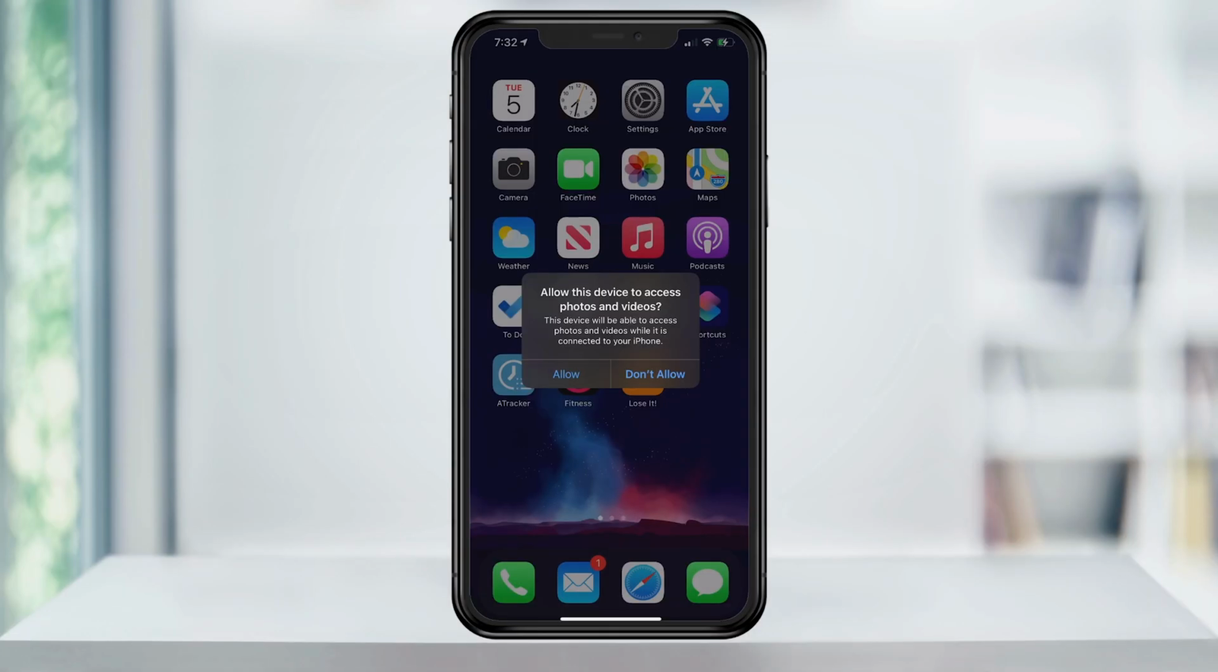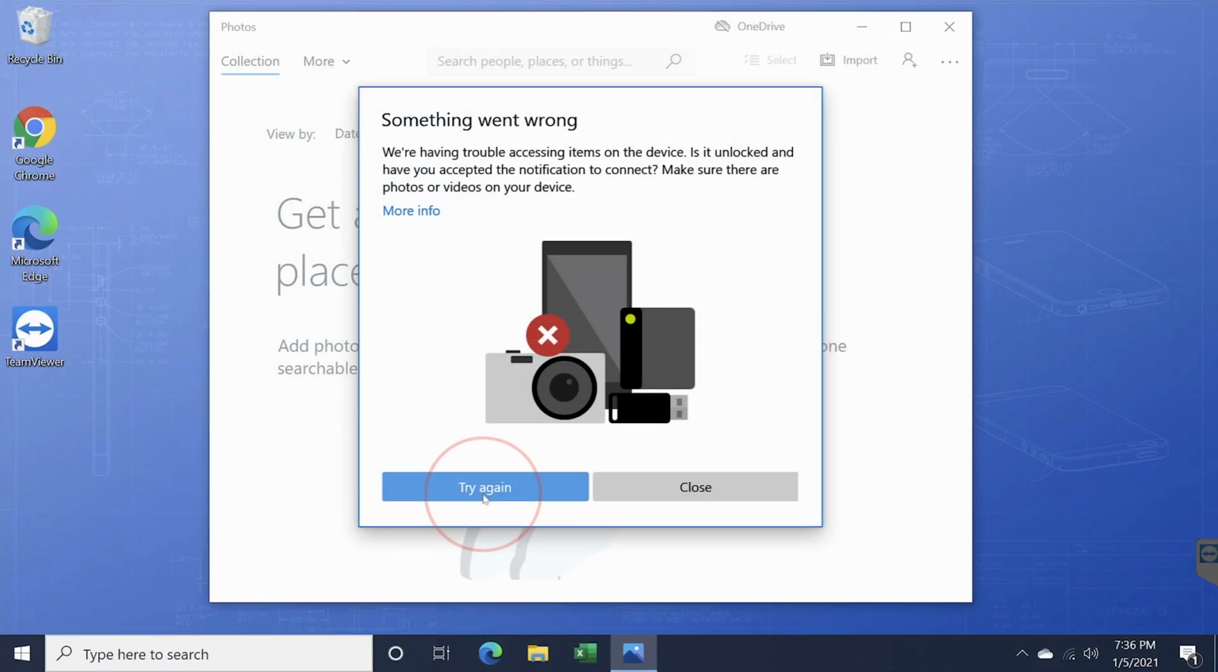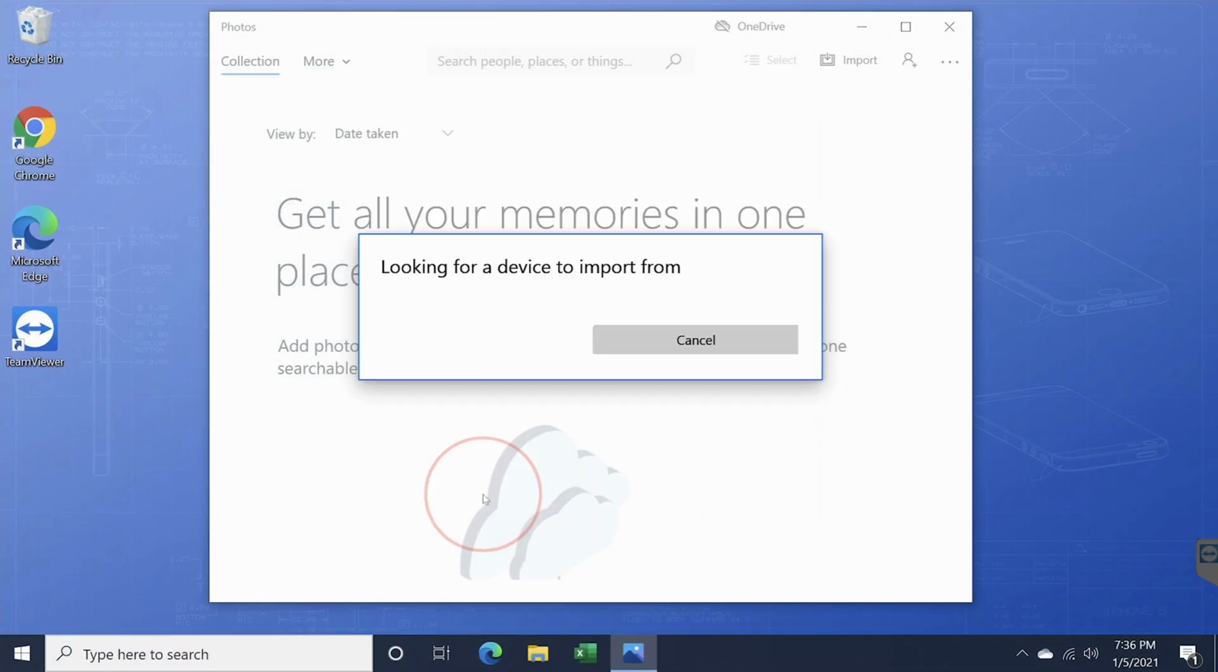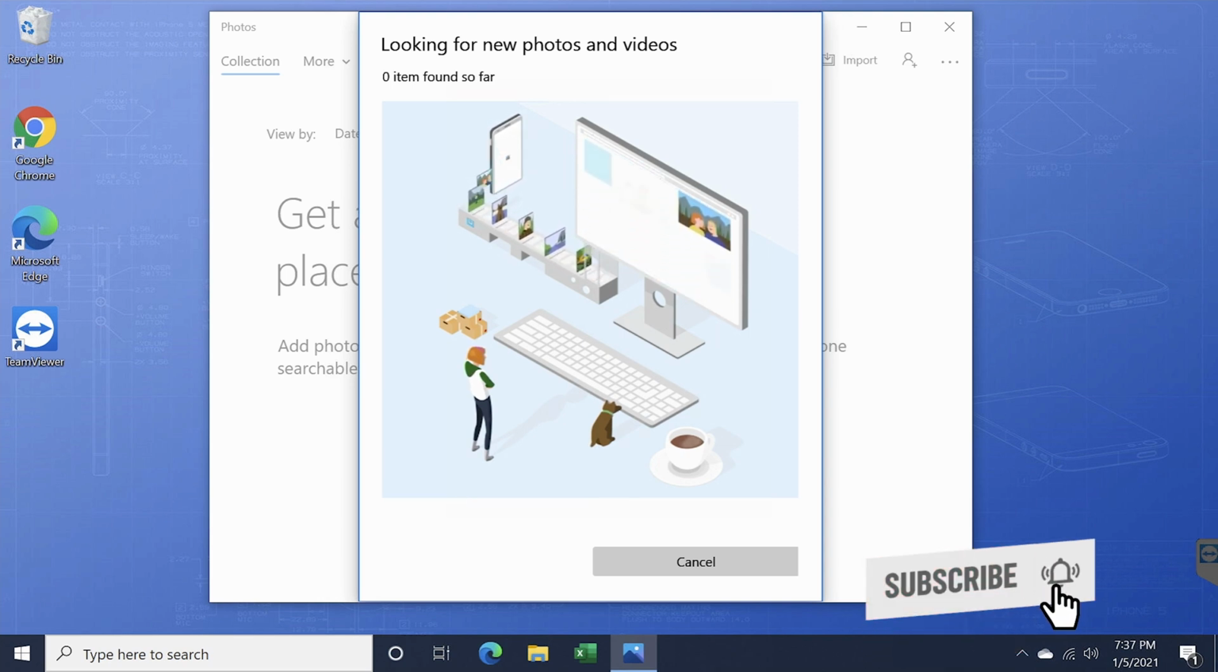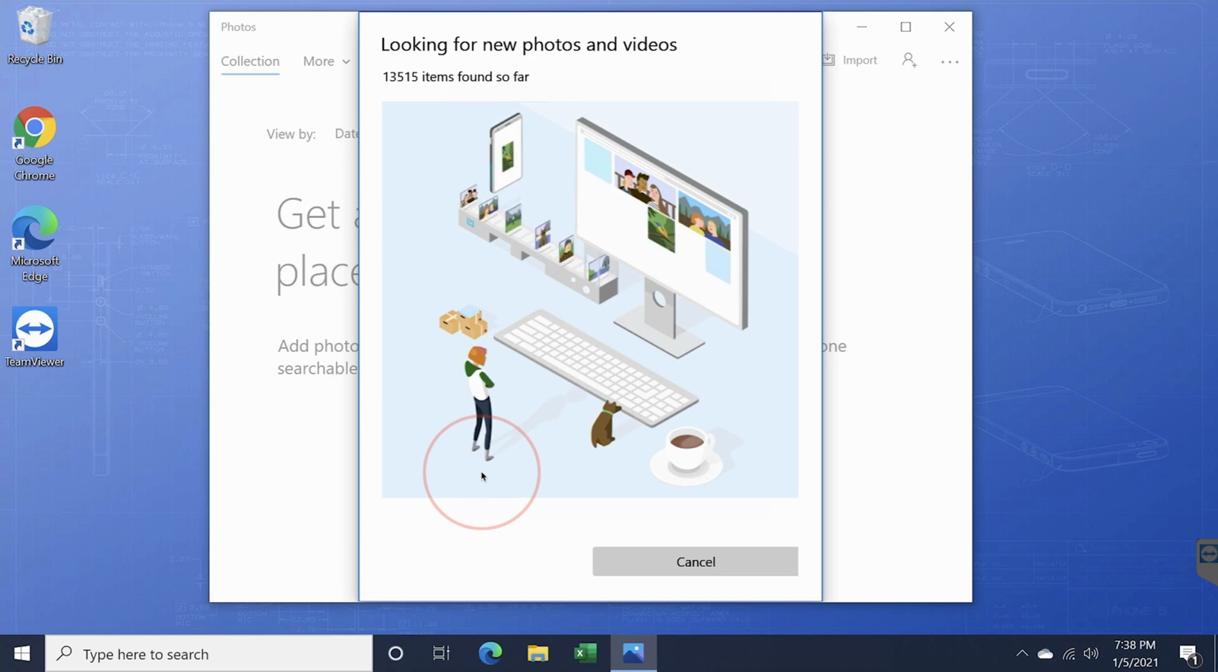If this is your first time, you may have to unlock your iPhone and tap Allow on the screen in order for your computer to access your phone. If you do, just tap Allow and then hit Try Again. The Photos app will then look through your phone and find new photos and videos that you haven't yet imported. Again, if this is your first time, like as you can see it is for me, it may take a